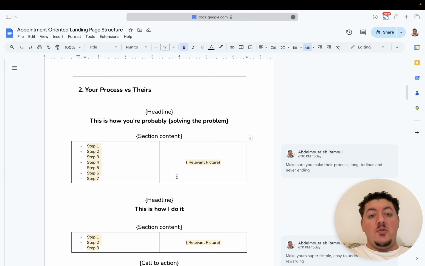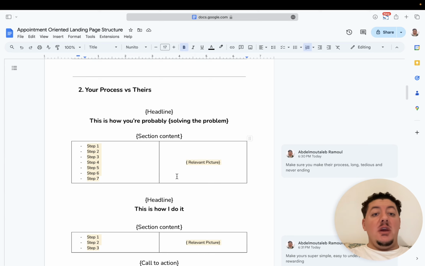You have to do your own research. Don't rely on general info or general preconceptions that you have about your client avatar, right? You have to do a little bit more in-depth research and find out exactly how your audience is viewing the problem, how they're living with the problem on a daily basis, and what kind of solutions they're expecting to get. What are the lies they tell themselves about the problem, about the solution, some common false beliefs,